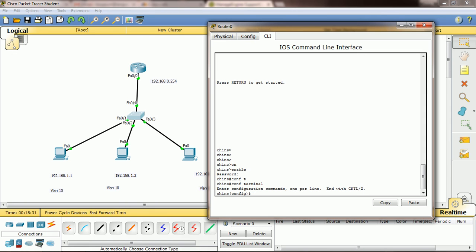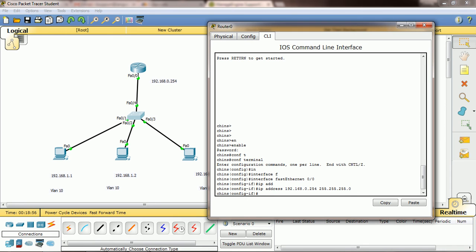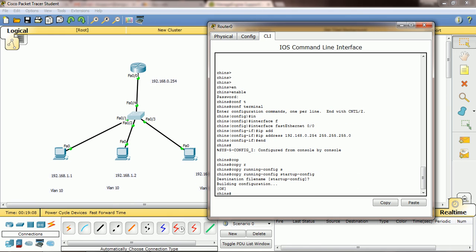So I am entering into interface FastEthernet 0/0, then ip address 192.168.0.254, and also you need to give the subnet mask for that, 255.255.255.0, correct. So I assigned this IP address to this port, and now I am giving end and copying the configurations, right? Okay, then this is done.